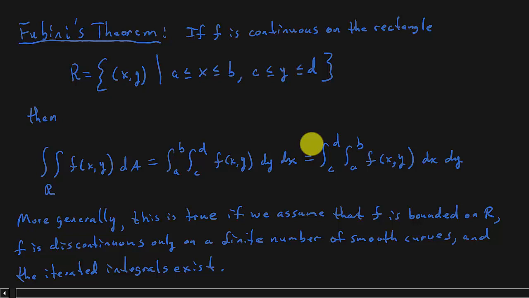If f is continuous on the rectangle R, which is all the points x, y such that x is between a and b, y is between c and d, then the double integral of f of x, y, dA over R is the double integral from a to b, c to d, of f of x, y, dy, dx, which is equal to